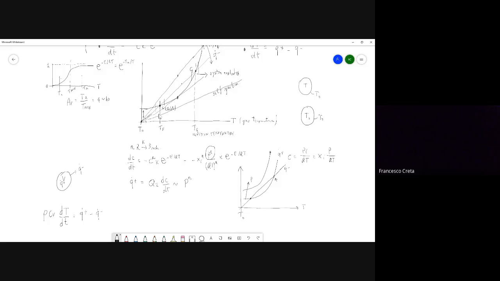And for example, whenever these two graphs intersect, one will be the exponential, the other one will be the linear function, Q minus. When they intersect, clearly Q plus is equal to Q minus, and you have an equilibrium point. And not only that, but then we've seen that this point here, the lower point, is stable, and this one will be unstable. Now, we've also seen that we can reach, let's say, conditions of self-ignition, meaning that